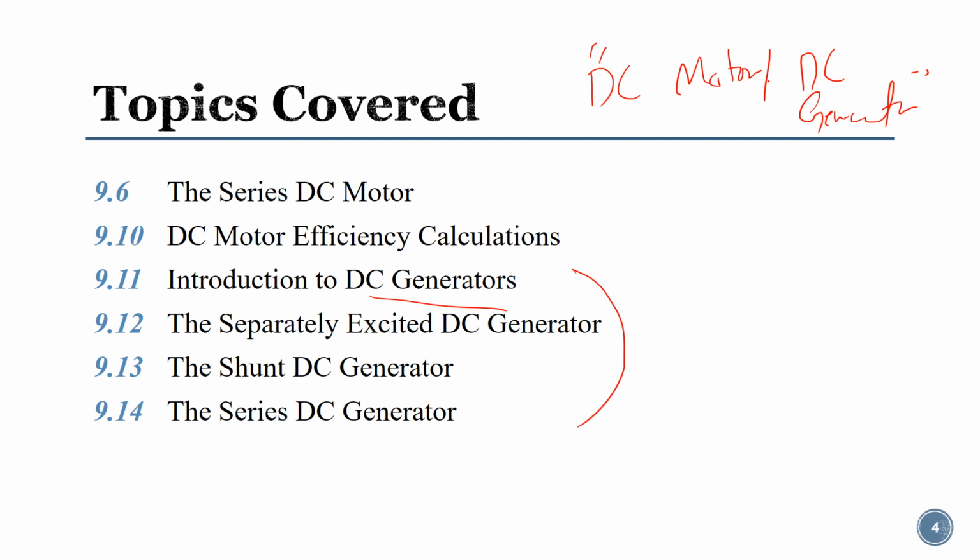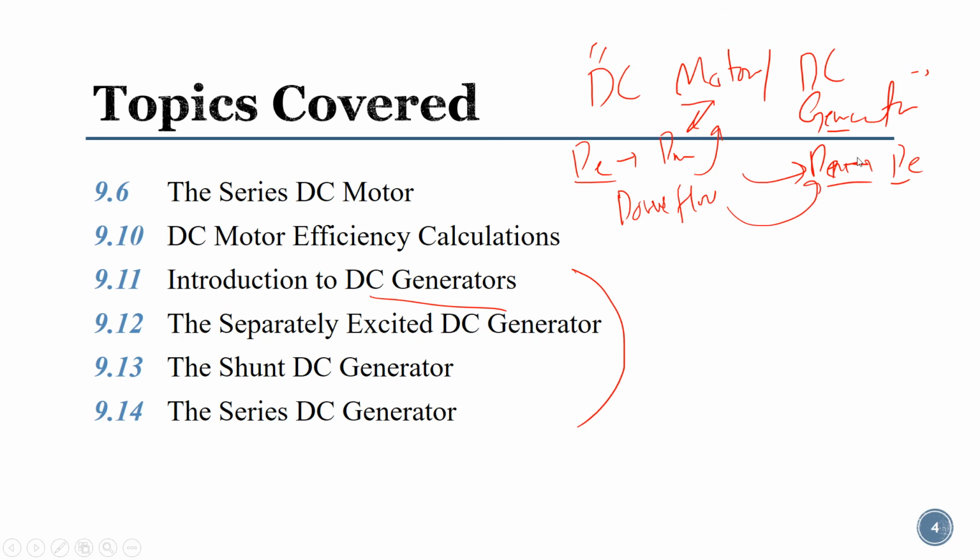We know that the difference between the motor and generator is just the flow. The motor converts electrical power to mechanical, and the generator converts mechanical input power to electrical. So if you make the equivalent circuit of the DC motor and just reverse it, you will get the equivalent circuit of the DC generator. Similarly, if you make the power flow diagram for the DC motor, just reverse it and you will get the one for the DC generator. These are just equivalents of each other.